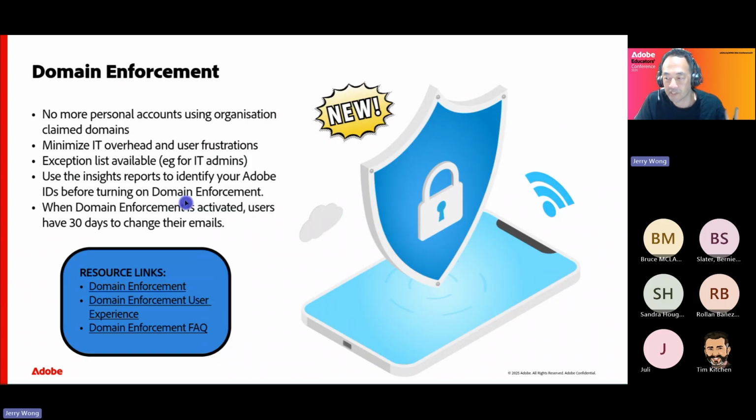So two stages there. First one, stop the problem. And you probably remember I spoke about a report that you can run on your admin console to get a whole list of all the different Adobe IDs you have in your console. So that way you can have a bit of a targeted message to get out to your users.